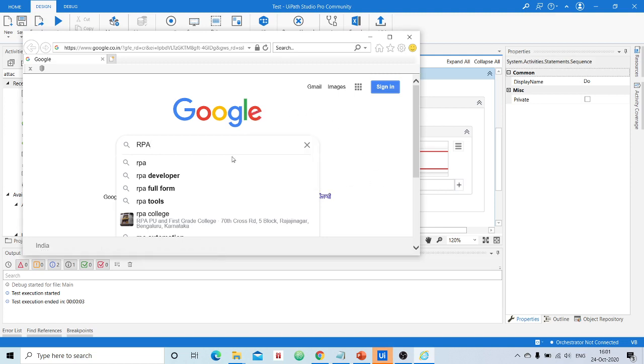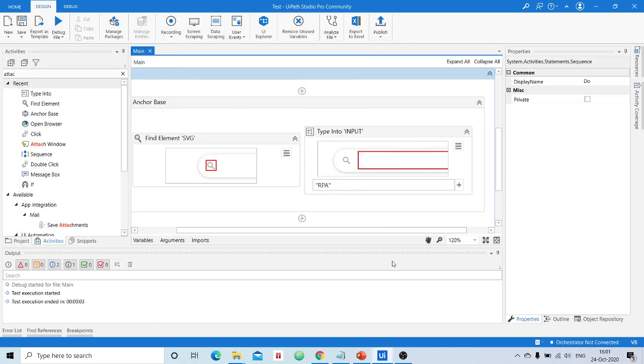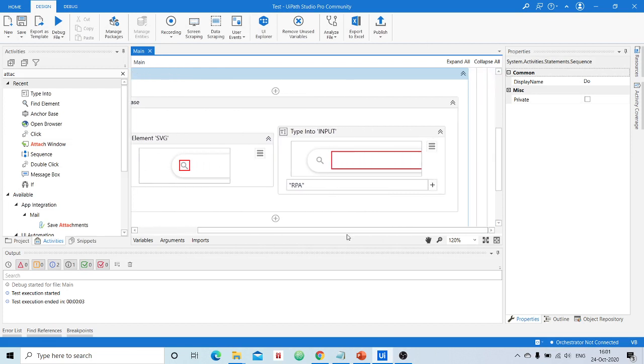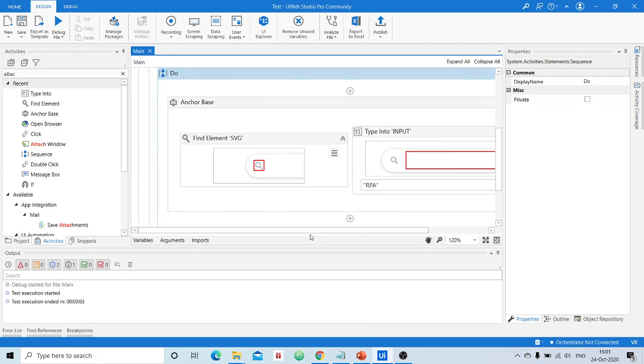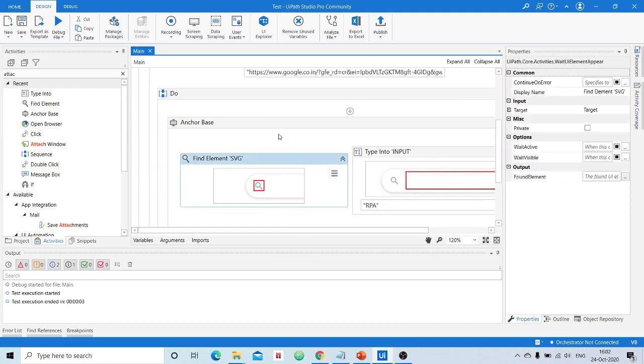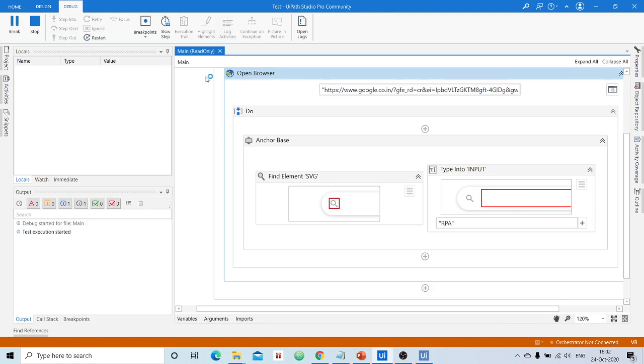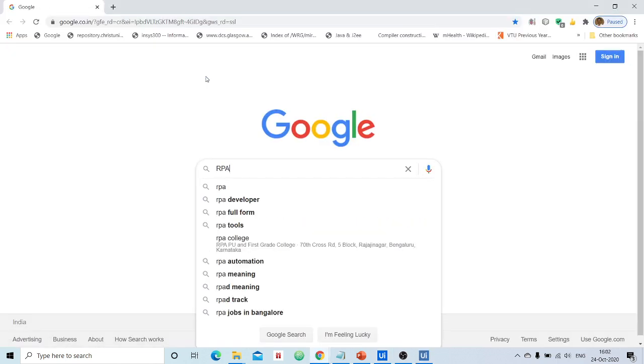Really, you will not appreciate the use of Anchor Base through this example, but this is the simplest example that I can code for Anchor Base. I can even change this browser to Chrome itself. Now it will take the Chrome browser. See here, it has taken the Chrome browser.